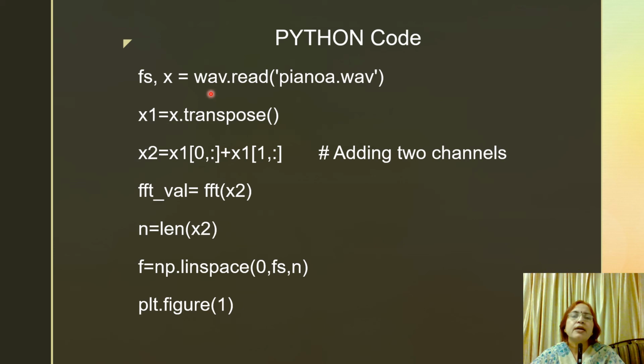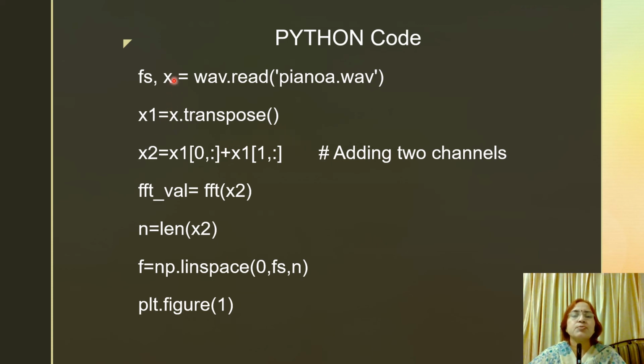And for that the wave read command is there: wave.read piano a.wav. This is the name of the file. You can download any file and enter the name here. And remember that this file should be stored in the same folder where your Python code is stored.